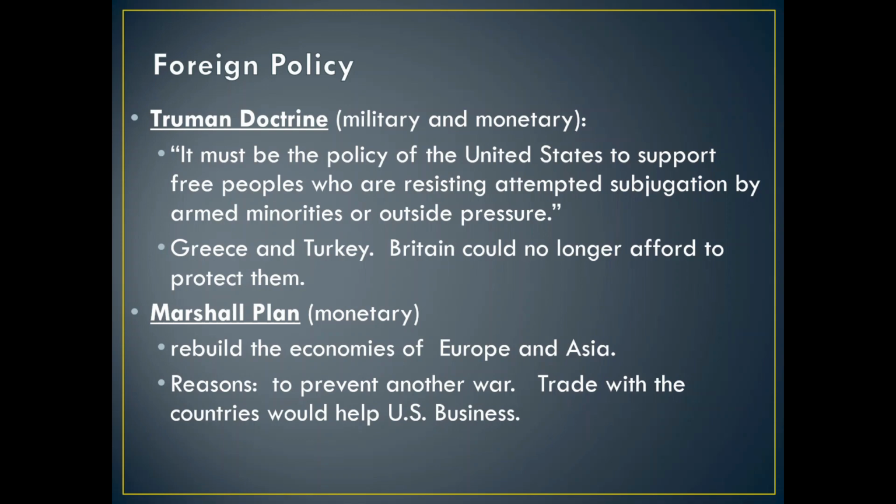Another big plan of Harry Truman is the Marshall Plan. This was to help rebuild the economy of Europe and Asia. The idea was that people will be less attracted to communism. It'll look less appealing if their economy is stable. The Western nations will accept the Marshall Plan. Stalin will not allow the Eastern nations to accept the Marshall Plan. Truman did offer it to the Eastern European nations, but they will not be allowed to accept it.